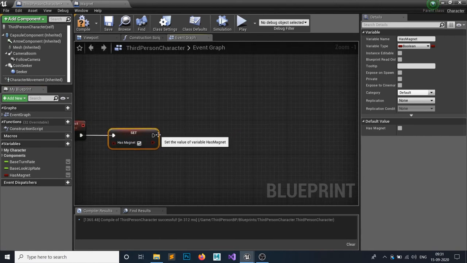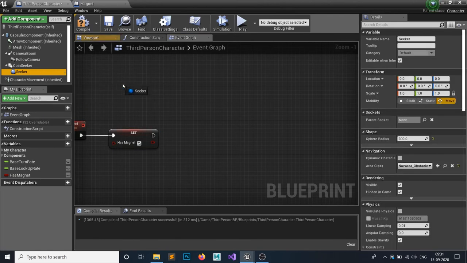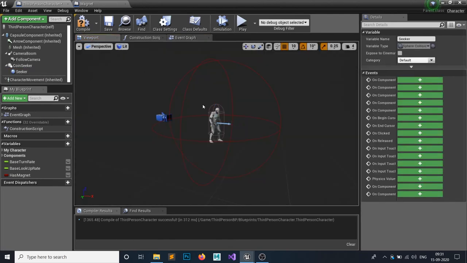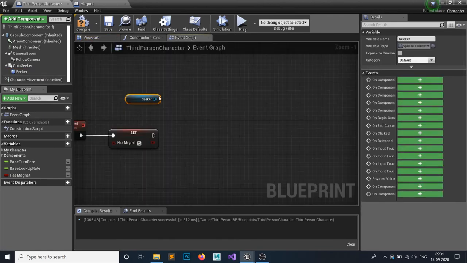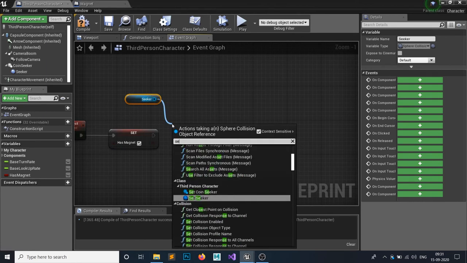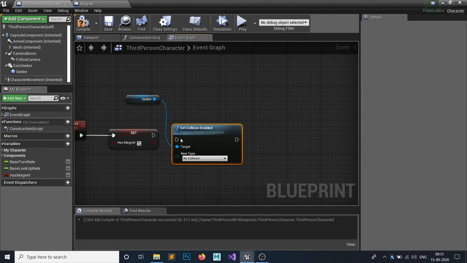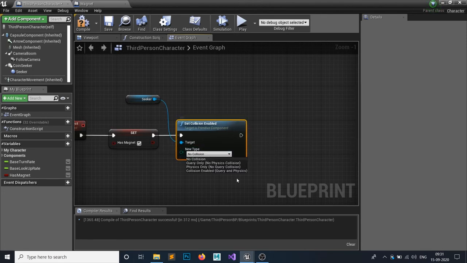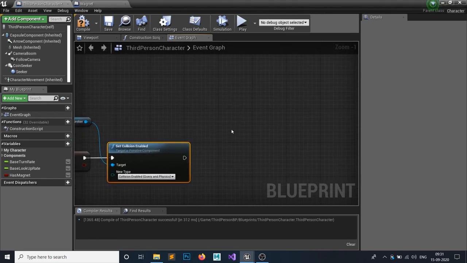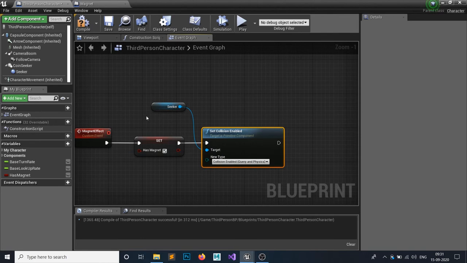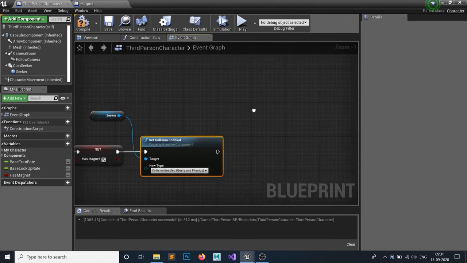After setting true, what we want to do is grab the seeker, this collider, the red one, and we want to set the collision. And we want to set the collision to overlap, with query and physics both. So when and only when this is true, then we're gonna set this.